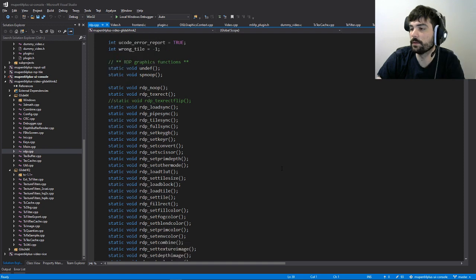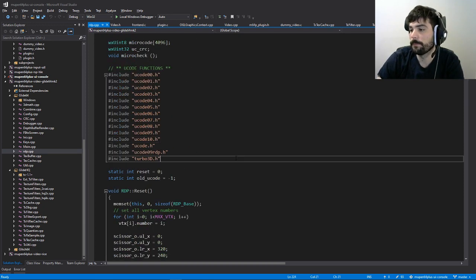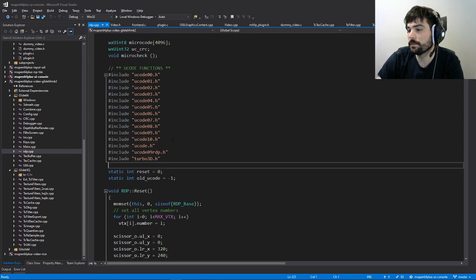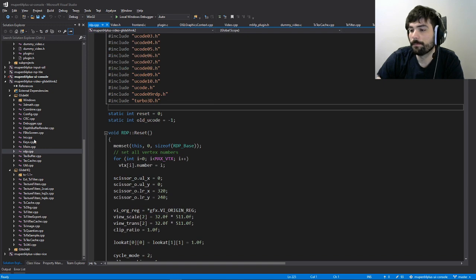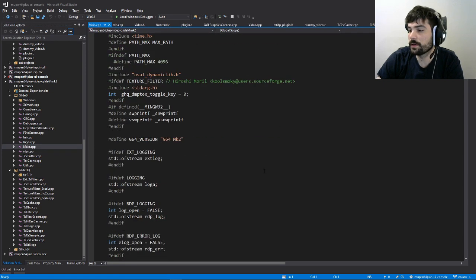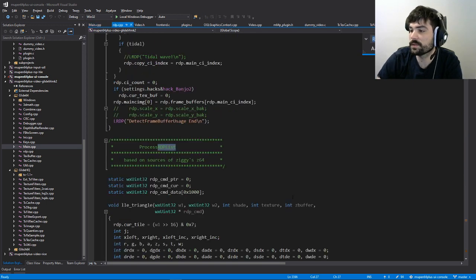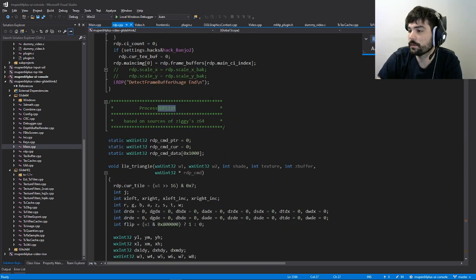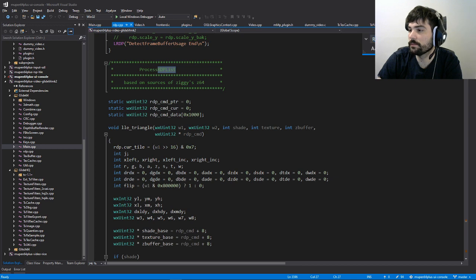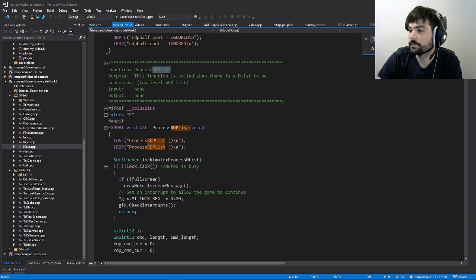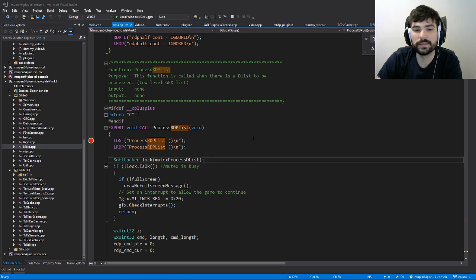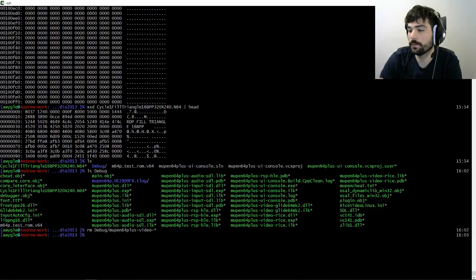This looks a lot lower level to me. Although maybe not, who knows. But so let's take a look at RDP list in this project. Process RDP list. Hey, great. Called when there is a D-list to be processed. All right. So let's take this, and we're going to go ahead and